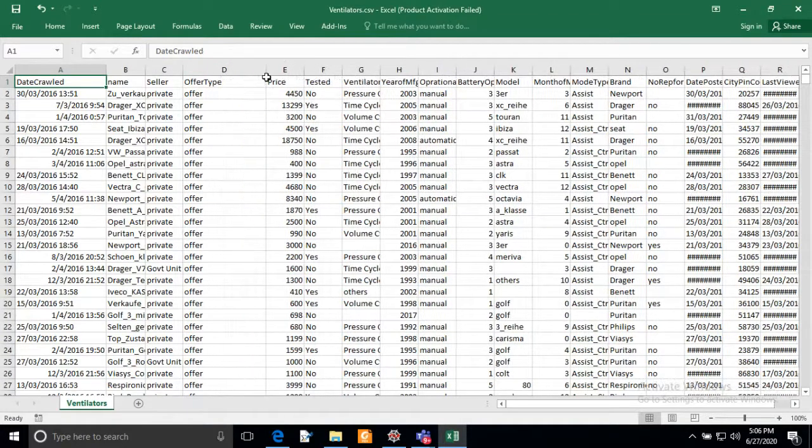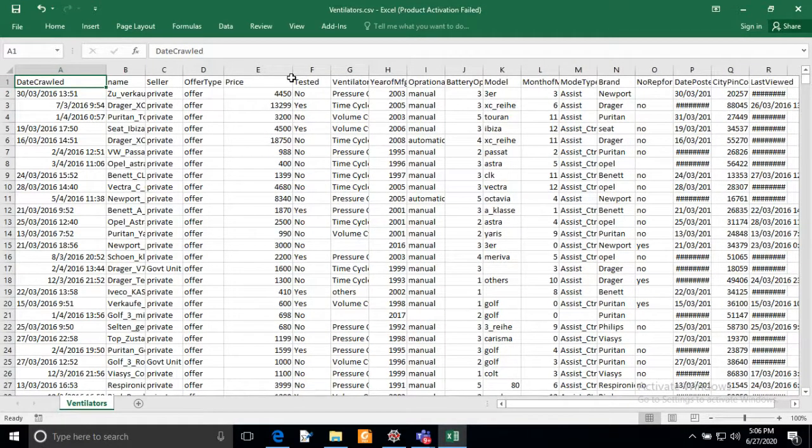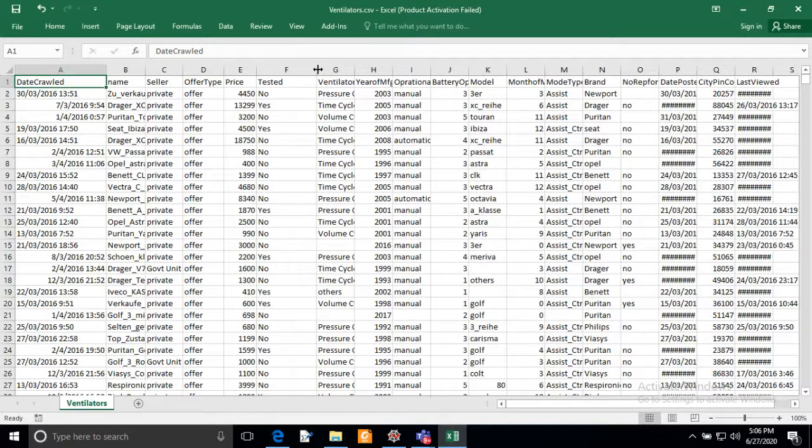Here is the offer type, meaning whether it has been offered or requested. They have also collected this kind of type. In this column it is the price, and this is the information, before uploading the advertisement of the ventilator on the website, on whether that ventilator has already been tested or not tested.